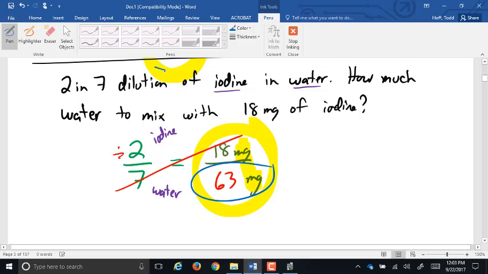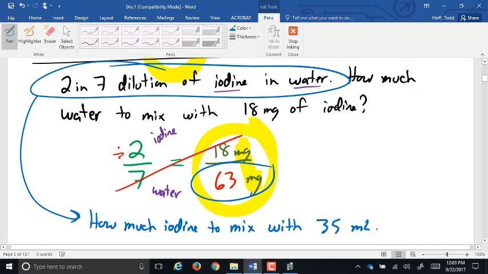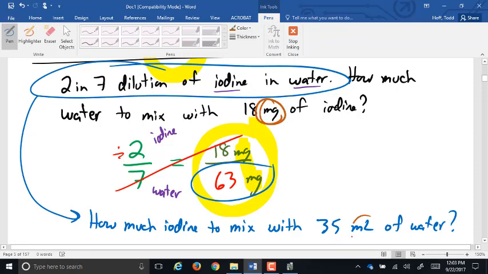Now using that same dilution, how much iodine do you need to mix with 35 milliliters of water? Now you'll notice I did two things here. One is we're looking at the water now instead of the iodine, but the second is up here, we're talking milligrams. Down here, we're talking